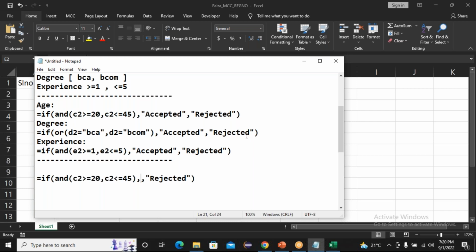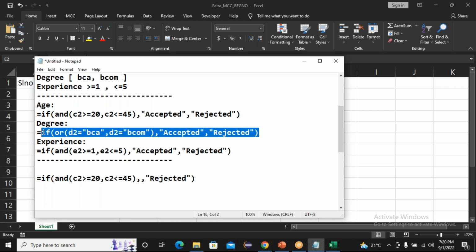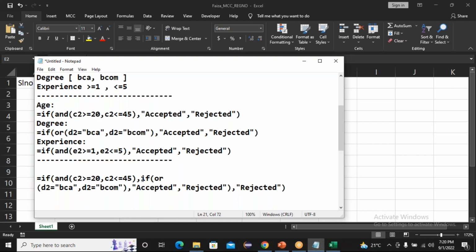I'll just erase that word "accepted" because I don't want to give that accepted word. Okay, right? So I still have two more questions. I'll take the second question, copy it, and paste it from there. So over, right? And next,